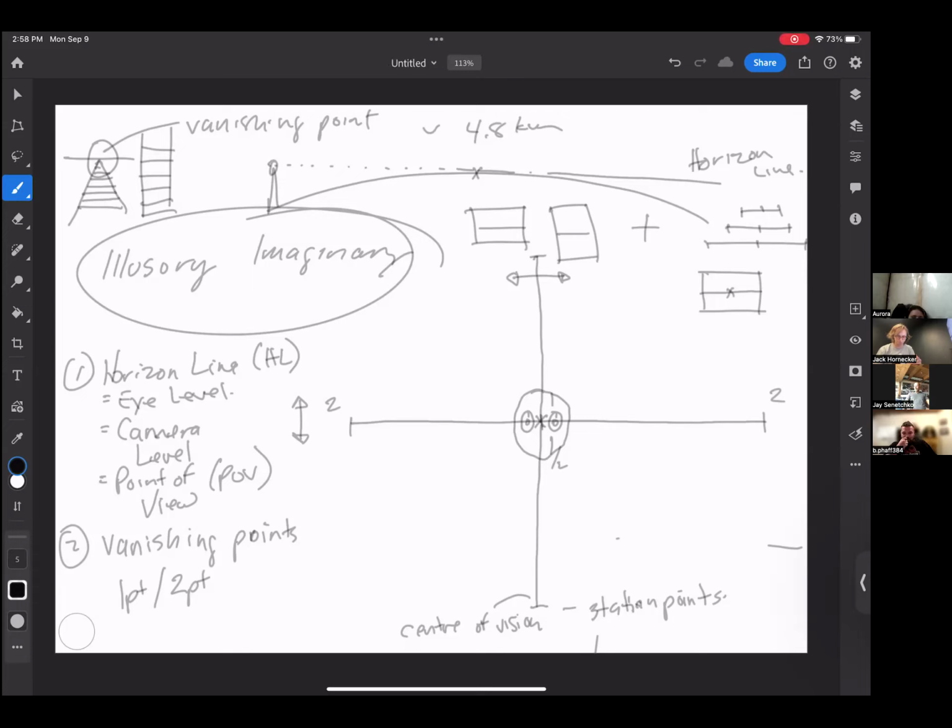Now, this could be a good decision, this could be a bad decision. Doesn't really make any difference right now. What does make a difference is that it's very different than putting your horizon line here and your 1 point vanishing point there, or putting your horizon line here and putting your 1 point vanishing point there. All three of those decisions might be showing your audience the exact same information, but the information is going to be interpreted perceptually, psychologically, and emotionally entirely differently.